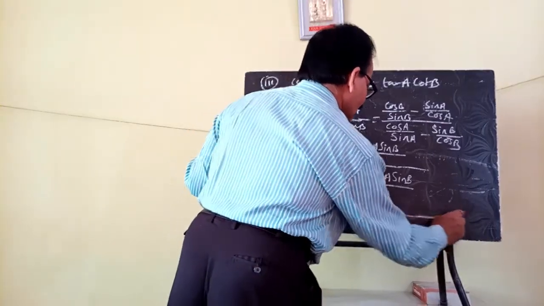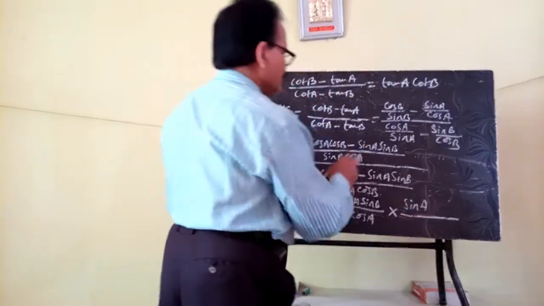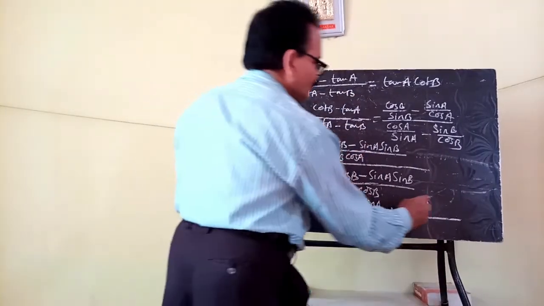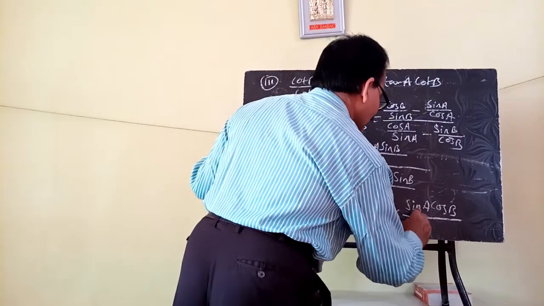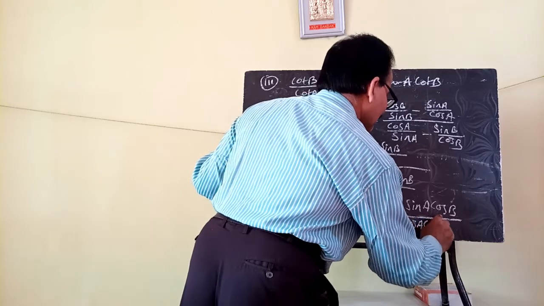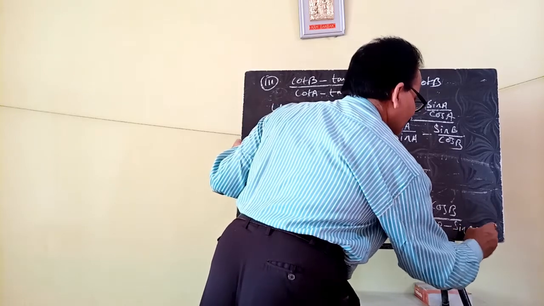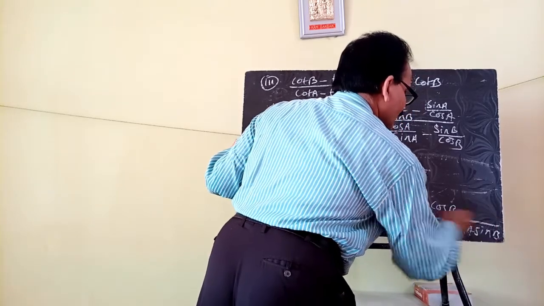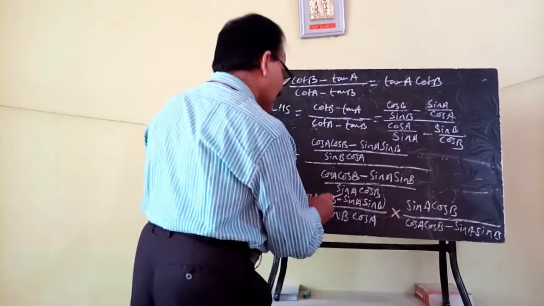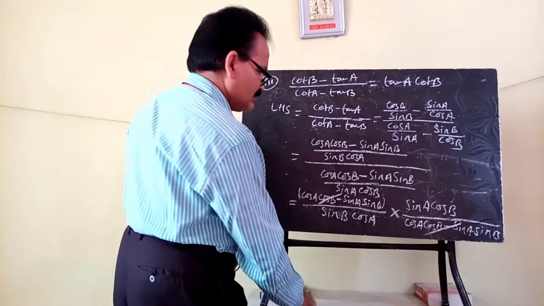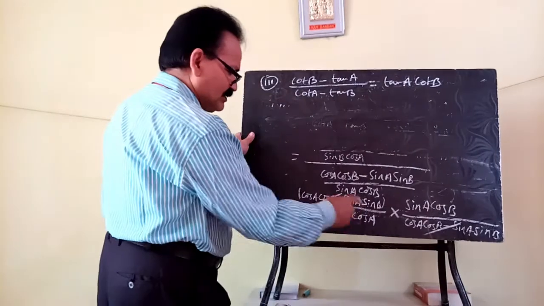Similarly, into the denominator of the denominator, that is sin A. Here sin A cos B will be up, cos B will be up, and in the denominator this will be your cos A cos B minus sin A sin B. Okay, so you can now see that this part and this part may cancel each other. What final value will you get after simplification?